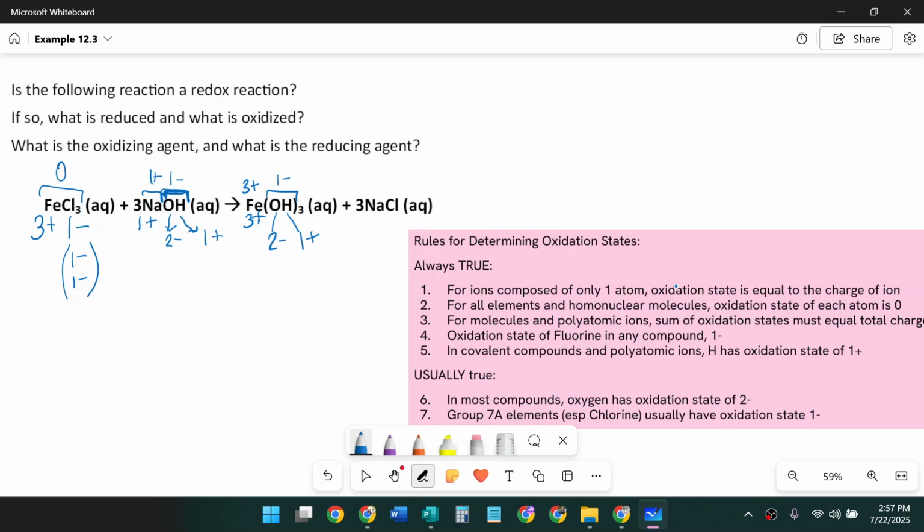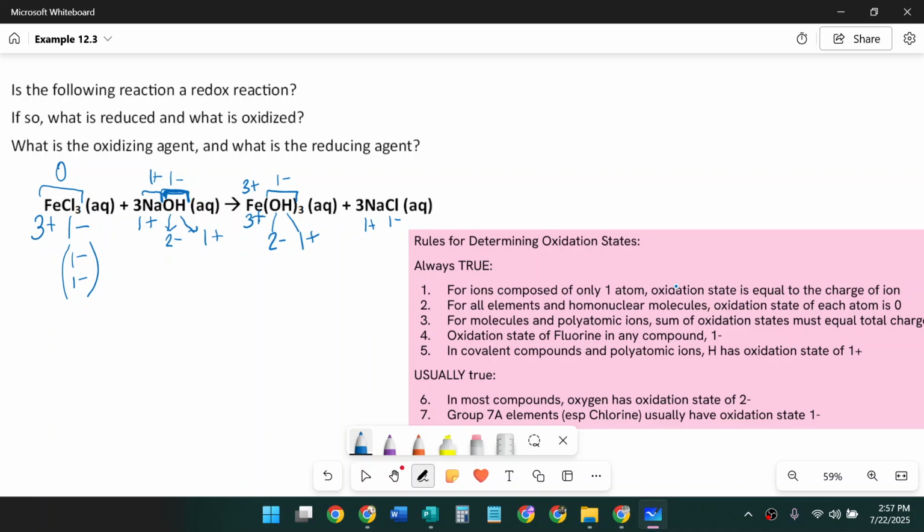And then our last one, this is just a regular old salt. So we know this one is going to be 1 plus and 1 minus, because that's our ionic compound that we can use to figure it out. Okay,